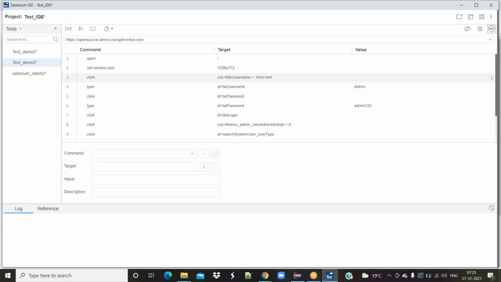Whenever you see the Selenium IDE, you basically have three different columns: a command column, a target column, and a value column. What is meant by command, target or value? These are the exact parameters where we do the work.